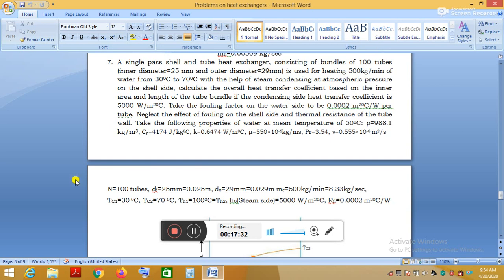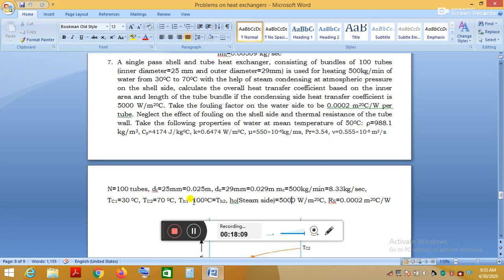In the problem he has given there are 100 tubes. The inner diameter of the tube through which the water is flowing is 25 mm. It is a concentric tube where the inner diameter is 25 mm and the outer diameter is 29 mm. The water is flowing through the inner tube and the steam is flowing through the outer concentric tube of 29 mm, and he has given the mass of the cold fluid, that is the water, as 500 kg per minute. I converted that into kg per second, which is 8.33 kg per second, and